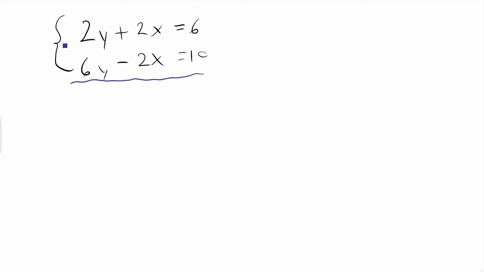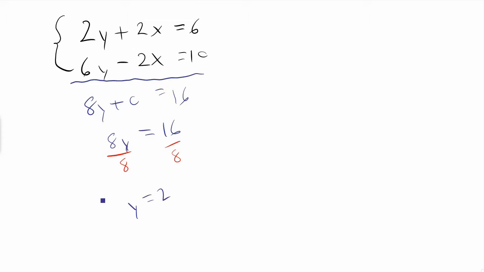If I take these two equations and add them up, I end up canceling out the x term, because I'm adding 2x minus 2x, which is 0. So 2y plus 6y is 8y, and then I get a 0 here, and 6 plus 10 on the other side is 16. That boils down to 8y equals 16, and I can divide by 8 on both sides, and I get that y